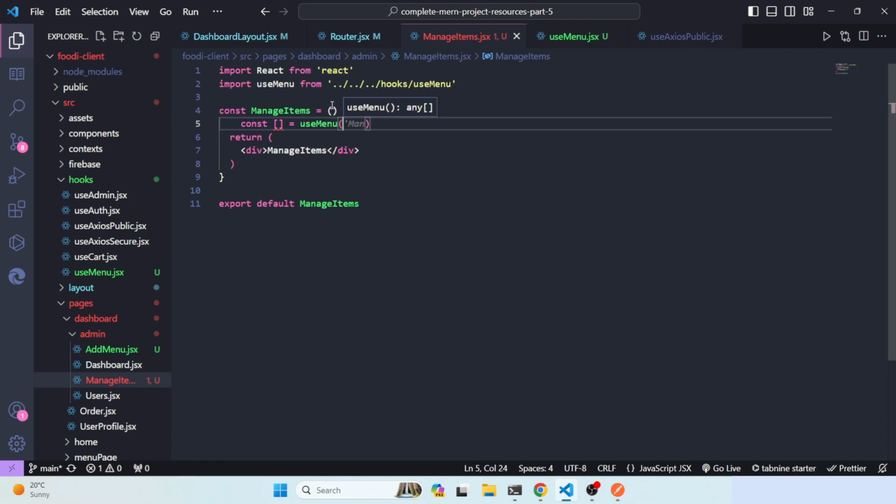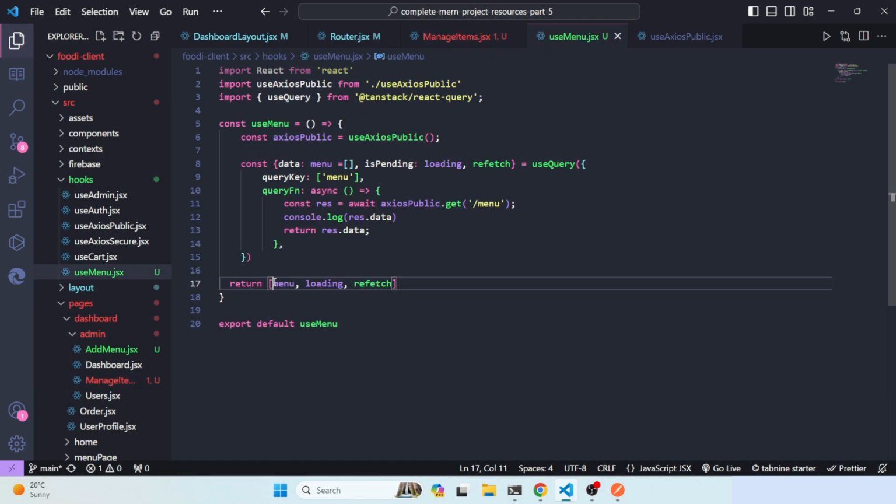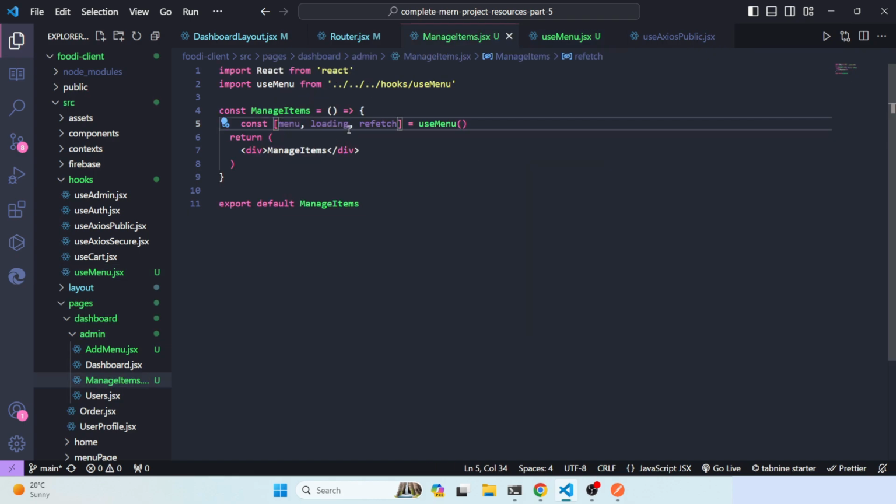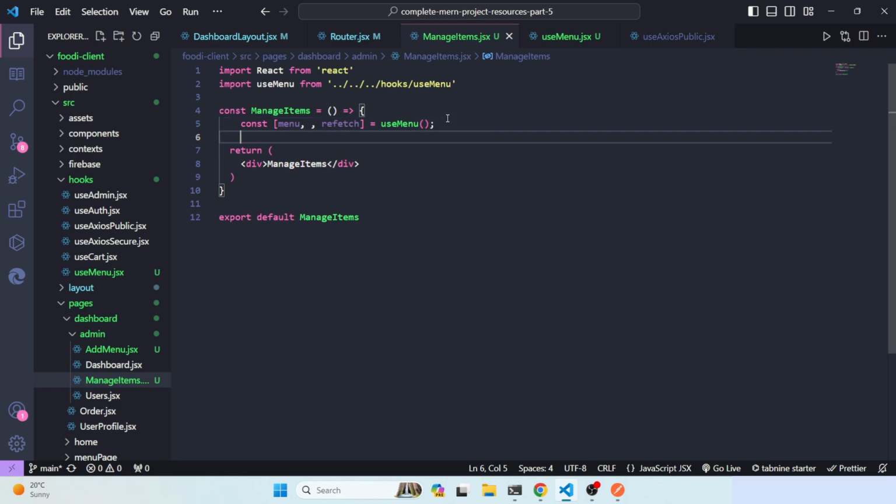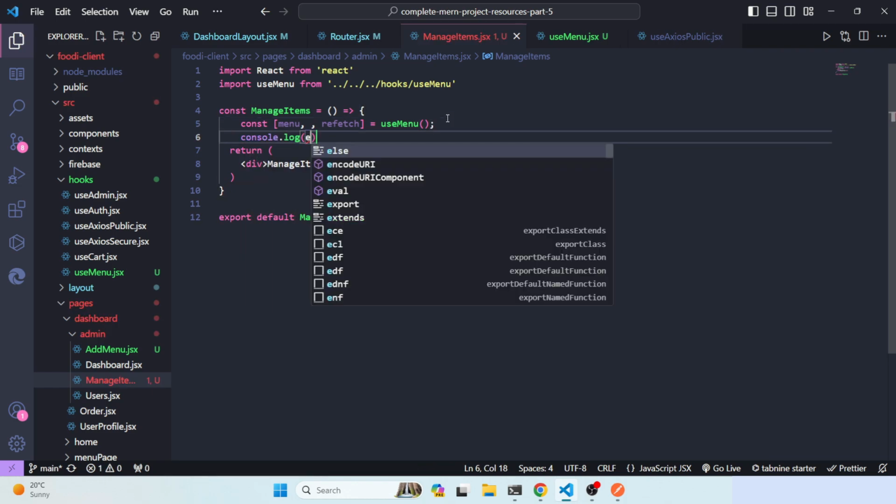Just destructure it from there, and we'll destructure three things. You can see we can destructure the whole thing. We don't need loading, so we can just remove that. That's it. So if you try to console log menu,